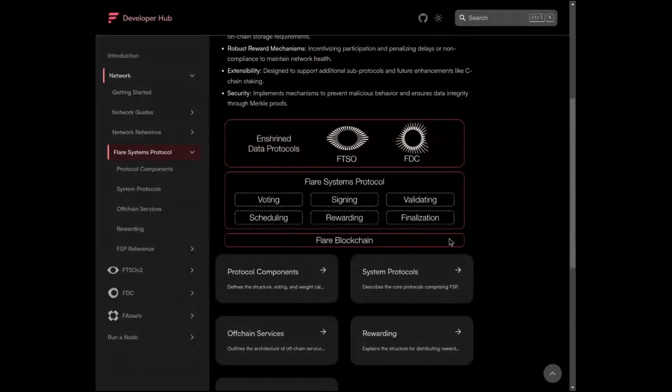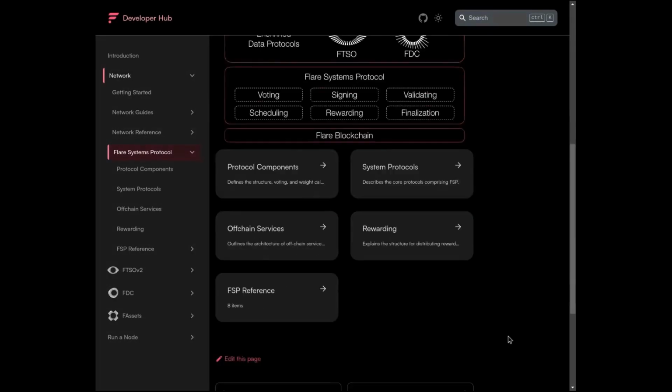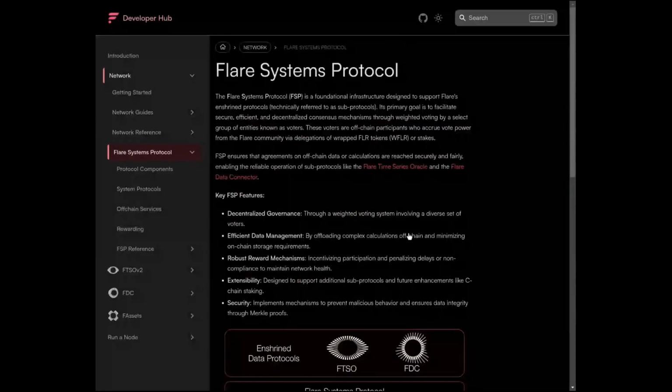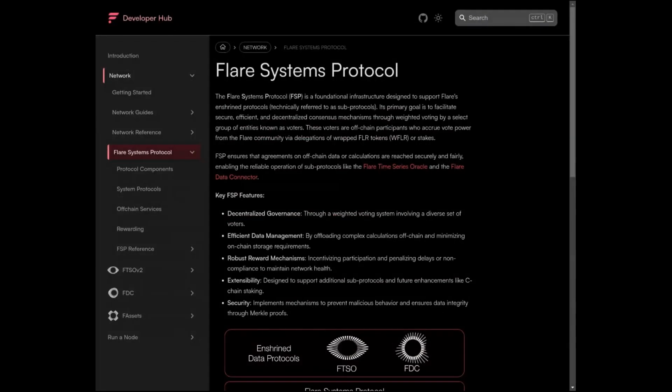This is a good graphic for you to understand. You have the Flare blockchain, then the Flare systems protocol, and then the enshrined data protocols with FTSO and FDC. And this is where you can find all the information on FTSO. Okay, so let's go through